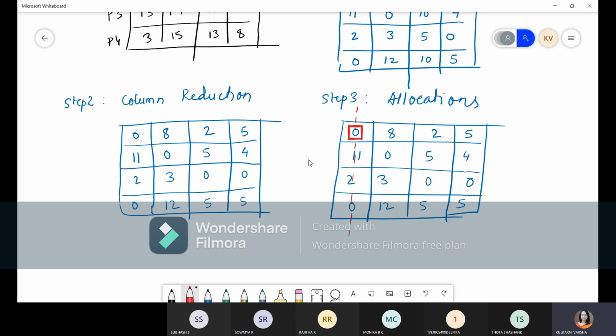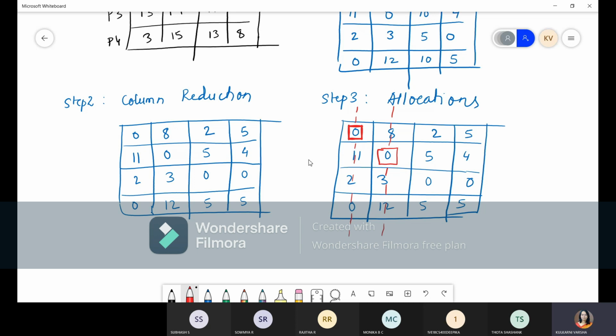Okay, now as the first row is over, go for the second row. In the second row scanning also there is a single 0. So as there is a single 0, allocate that 0. If you are allocating that 0, then cancel that column. So we'll cancel this column. Right? Now go for the third row. In the third row there are 2 zeros, so we cannot allocate it, leave it as it is. Go for the next row. In the next row there is no 0, so we cannot allocate anything, so leave it.